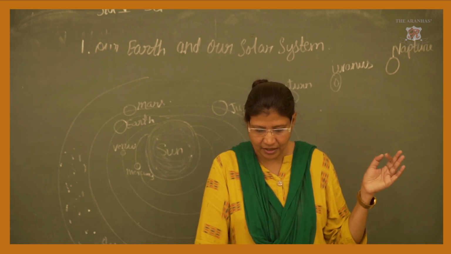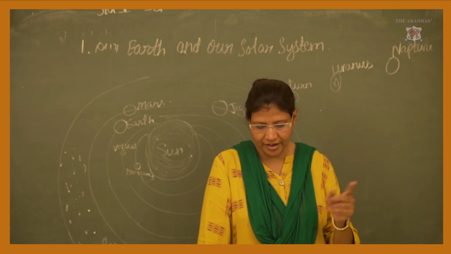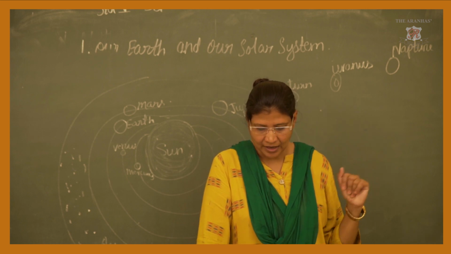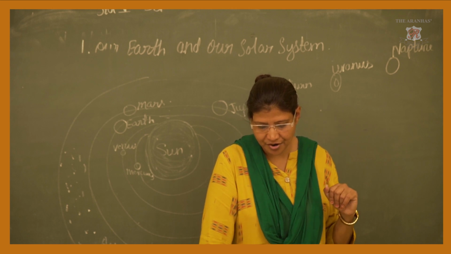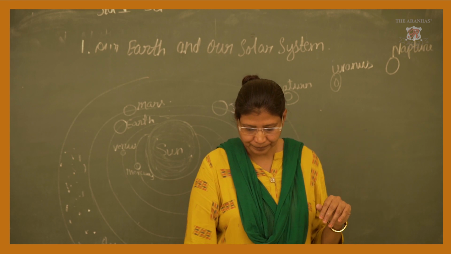As a result of these two forces, the planet keeps revolving around the sun at a fixed distance. In the fixed orbit, in the same way, satellites revolve around their planets. Okay. Now,